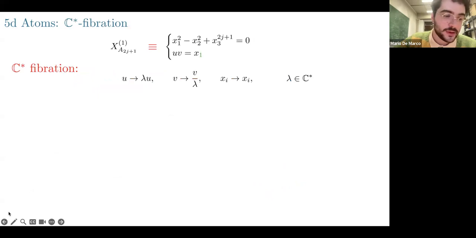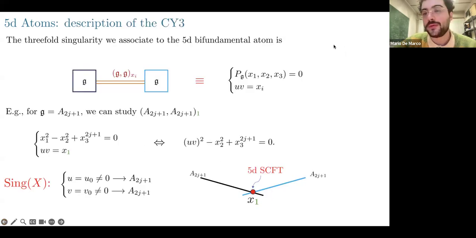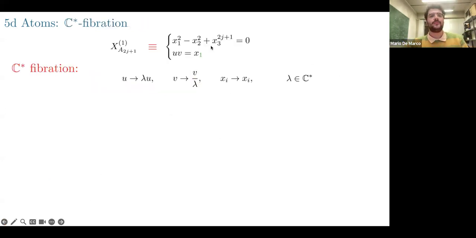So in some sense, we are happy because we found a threefold that actually has the desired properties, namely these two intersecting lines of dual singularity that intersect at a point where the 5-dimensional superconformal field theory localizes. Okay, good. So now I want to highlight a second feature of this Calabi-Yau threefold that will be very relevant